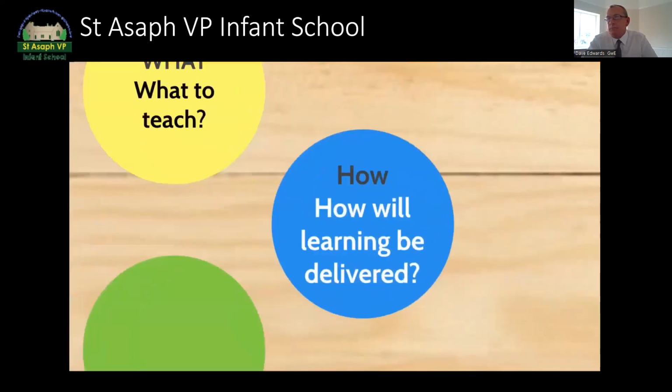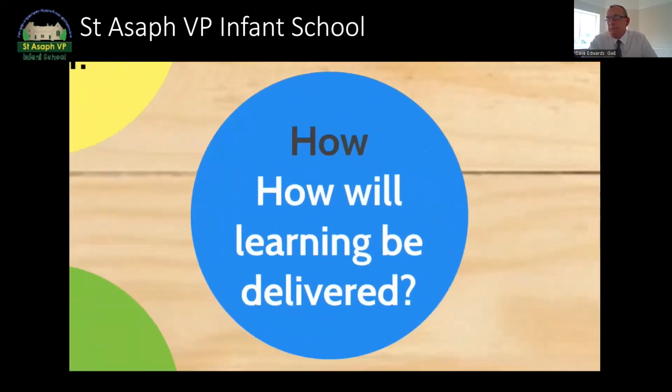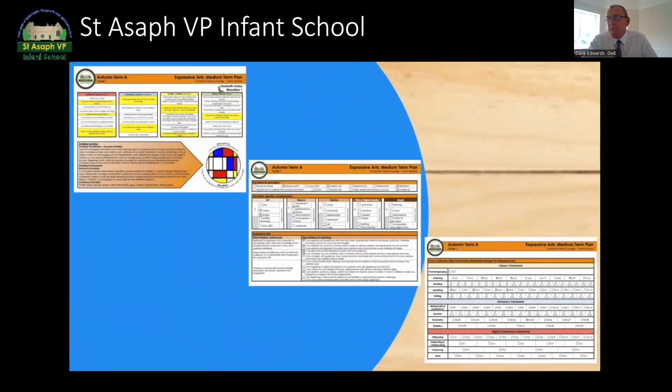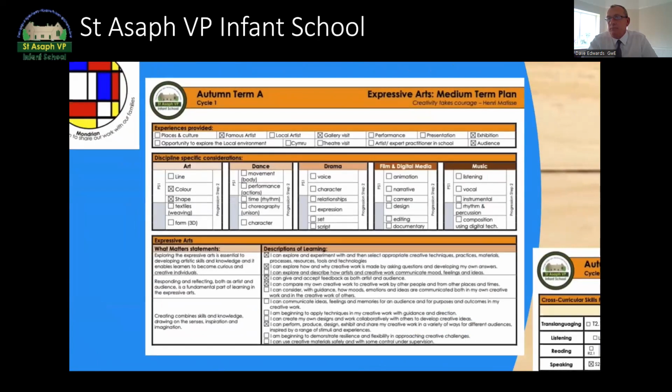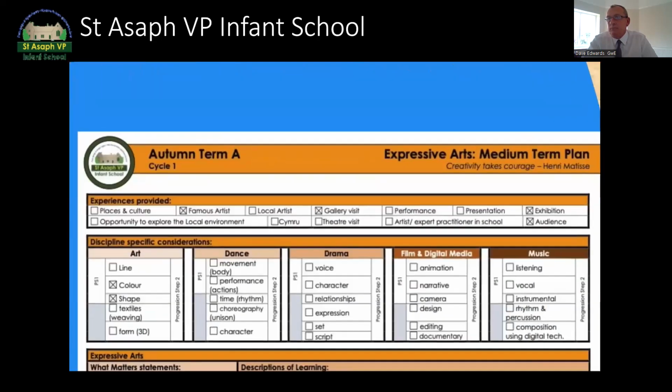We've also invested a lot of energy reviewing how we will deliver the curriculum, and we feel it's particularly important to plan for experiences as well as knowledge and skills. So we've included experiences as part of our medium-term plans. On screen, you can see our Expressive Arts medium-term plan template, and it includes experiences such as a theatre visit, famous and local artists, exhibitions and Welsh culture, and we believe that these experiences will enable our curriculum to be